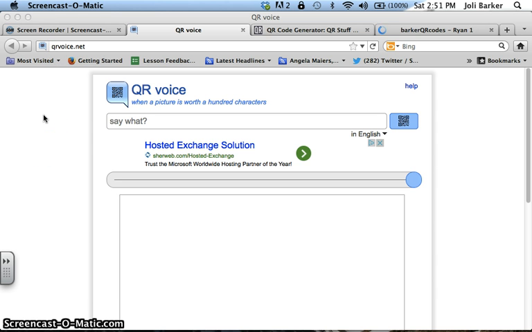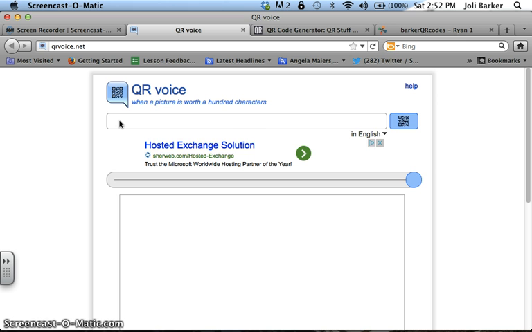qrvoice.net. And I like this because it's a great alternative to the visual QR codes that we're used to. Usually students will scan a QR code and it will take them to a website or an image or a video. But this one actually speaks what you want it to say. So you simply type in what you want it to ask or say to the student. For example, what is the value of the 5-digit in the number